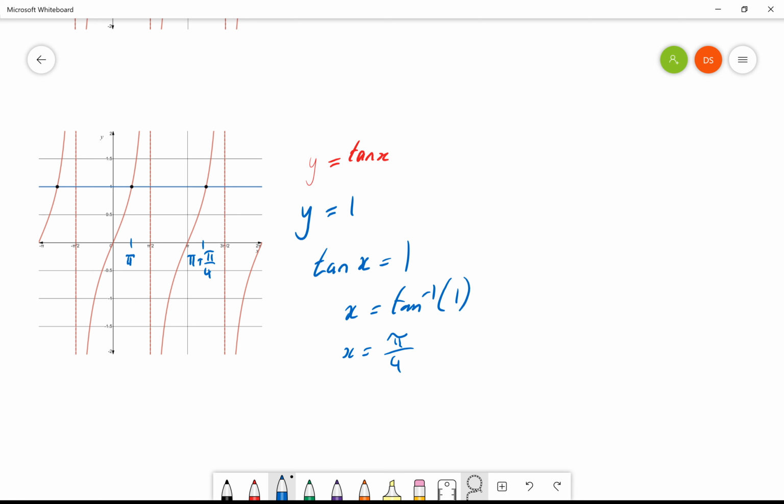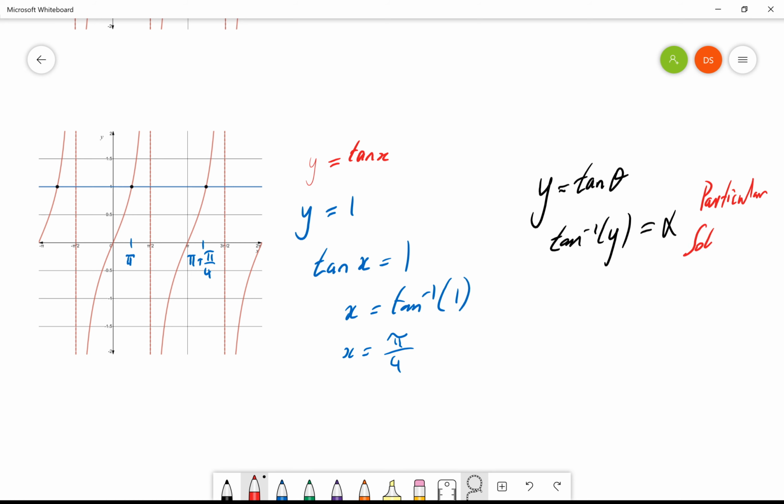And so if we let our general equation be tan, and then have tan inverse of y be equal to some alpha for our particular solution, if we take that to be our particular solution, then our general solution